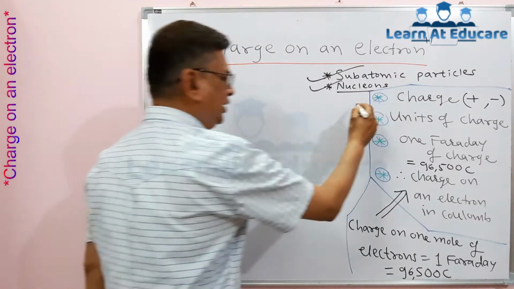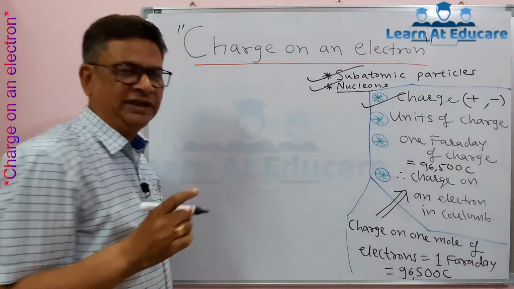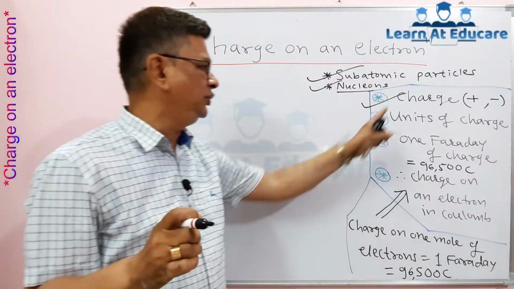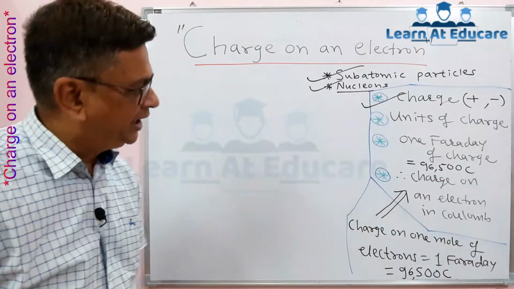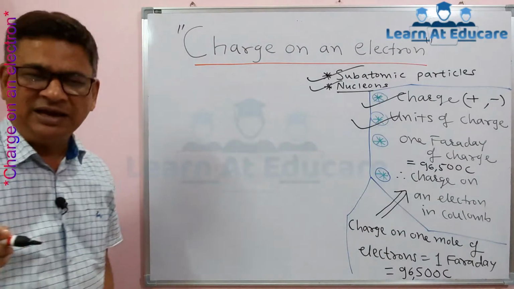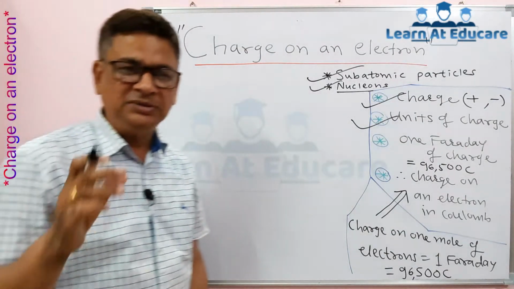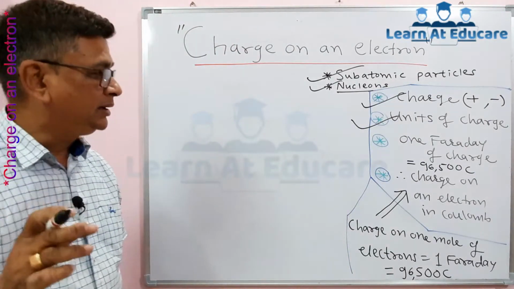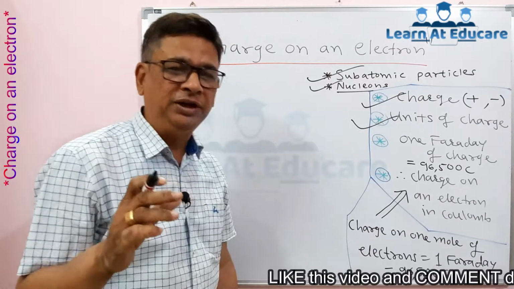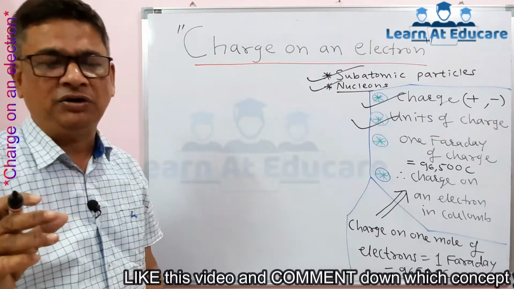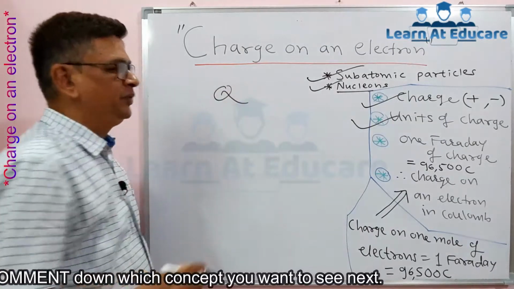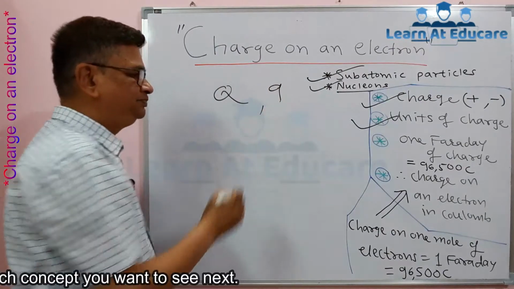Before that, we already know, according to electrostatics in physics, there is Coulomb's law, and according to that there are two types of charges, positive and negative charges. We also know there are units of charge like Coulomb, stat Coulomb, but do you know Coulomb is a very small unit of amount of electricity or charge, also called quantity of electricity, denoted by Q or small q.